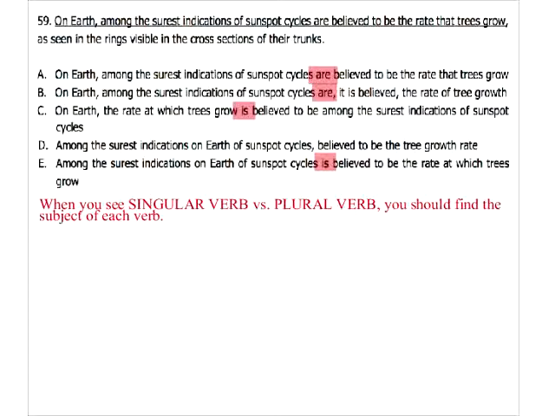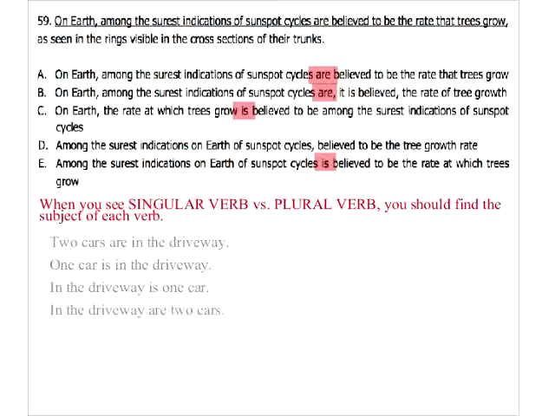Like if you say 2 cars are in the driveway, 1 car is in the driveway. In the driveway is 1 car. In the driveway are 2 cars. These are all correct sentences, because the subject of the last 2 is not the driveway, right? Like this